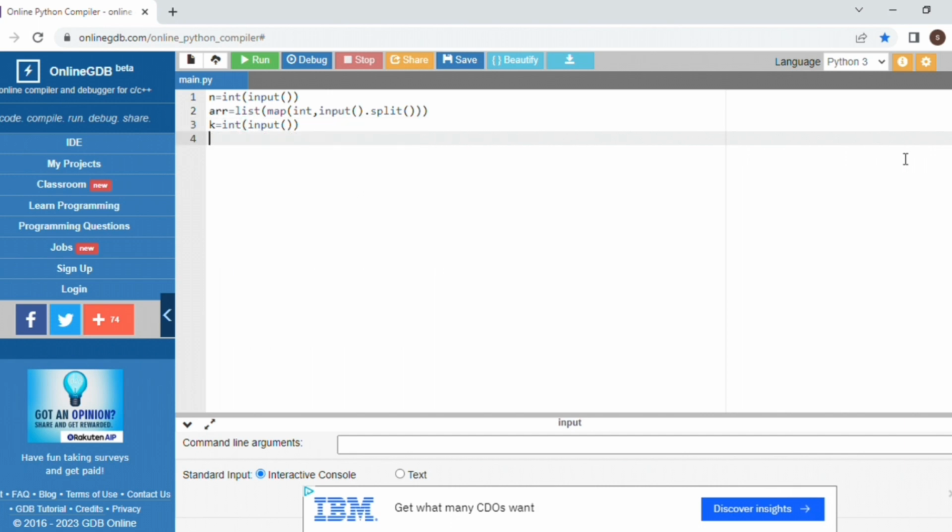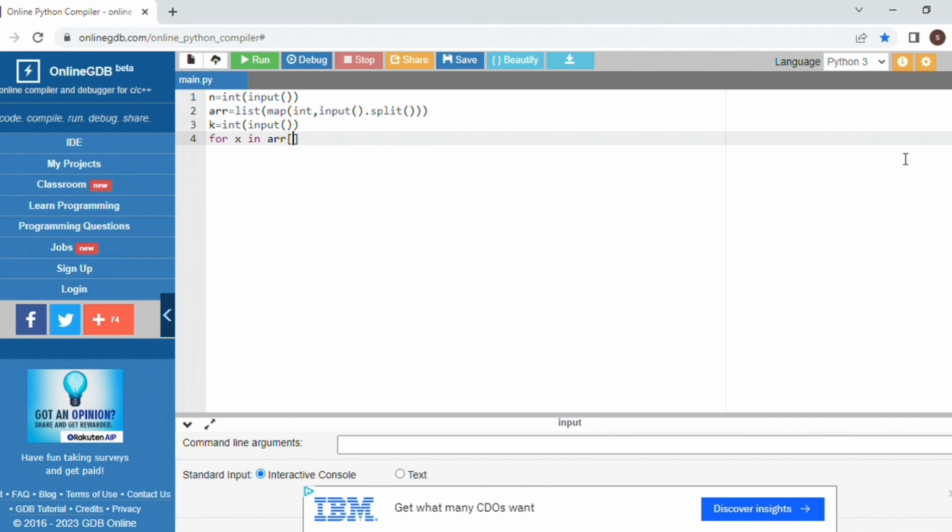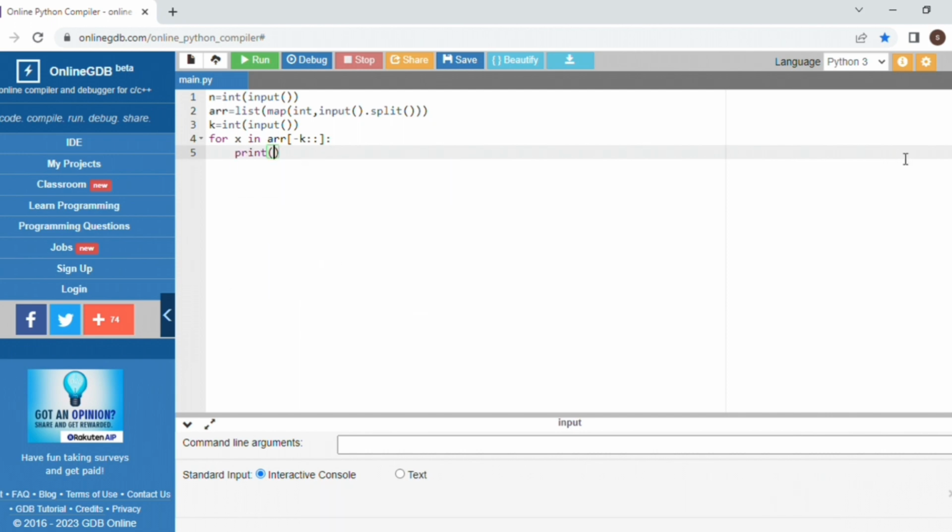Here I am building a logic. You have many approaches to solve the problem, but I am using one simple way to understand it easily. I took this approach to solve this problem, but we have many approaches. Here I am considering a for loop and printing the elements from the last.